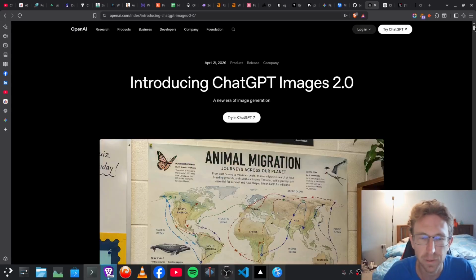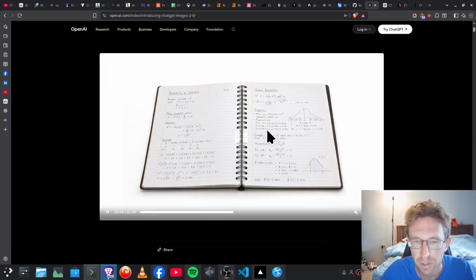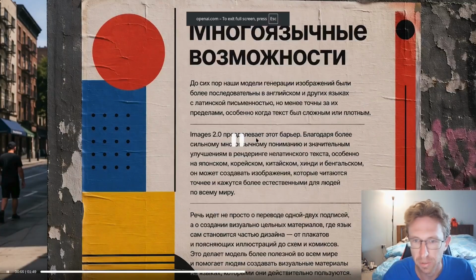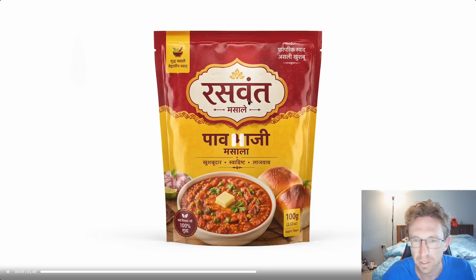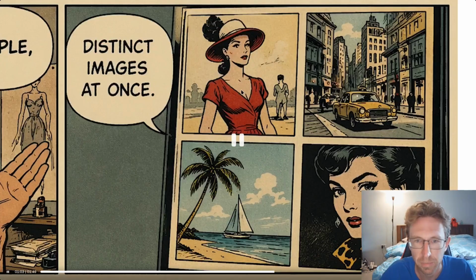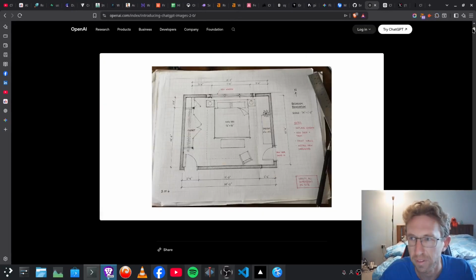And I've got the official website pulled up here, so we could just go ahead and scroll through. These are all images that were generated using Images 2.0. You can generate images in different languages. You can create your product mockups, even comic book style images as well. It looks really cool what you can do with this, and I look forward to testing it out in this